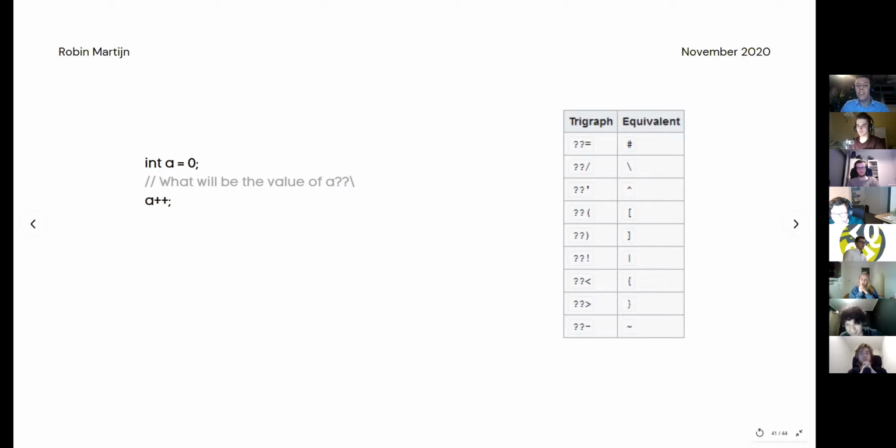Exactly, the backslash will, how do you say it, cut out the new line that will be escaped. So we'll get a++ on the comment line. It's never evaluated.